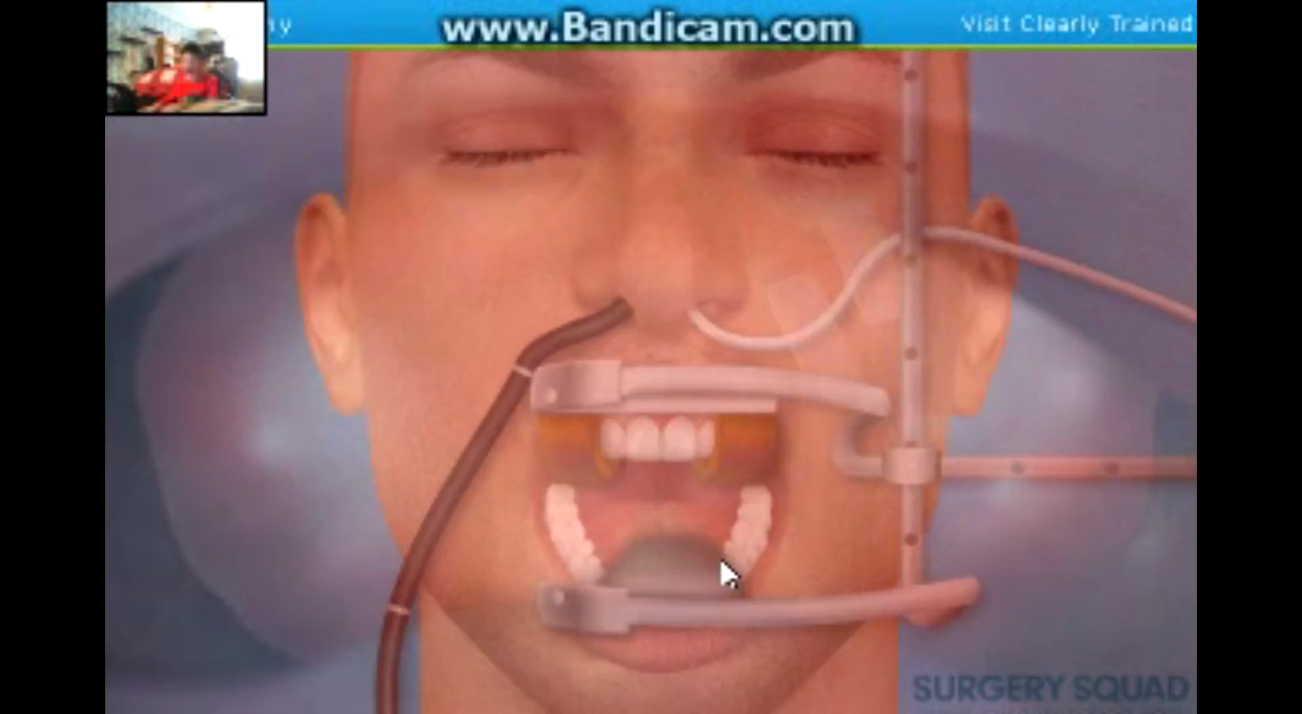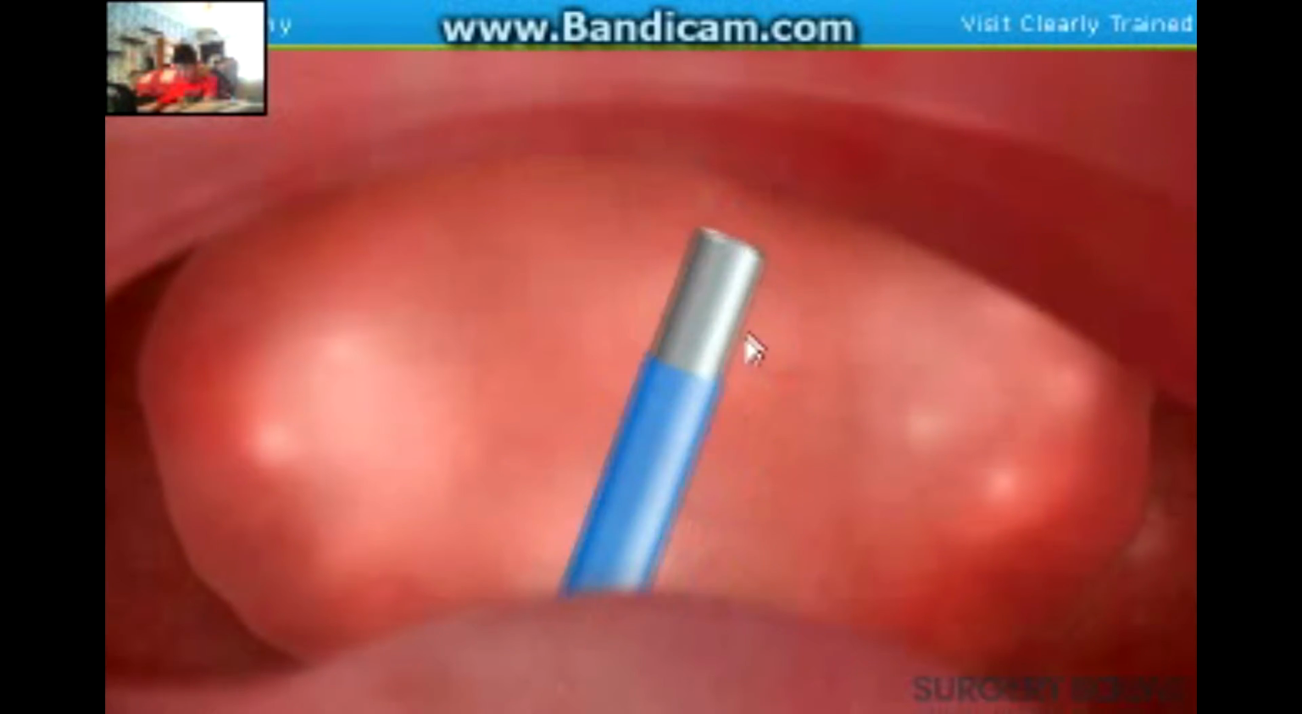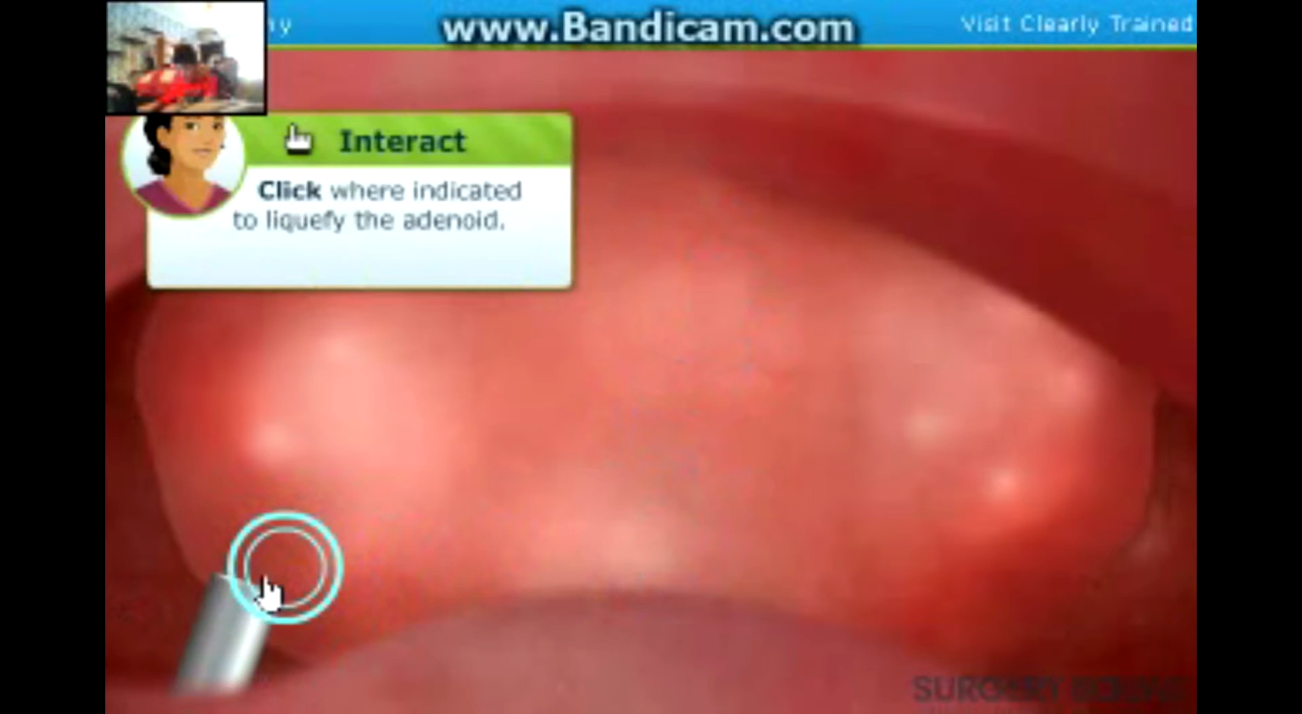Great work! We're going to remove the adenoids using a device that uses suction cautery. The device uses electrical pulses to liquefy the adenoid, then suctions the